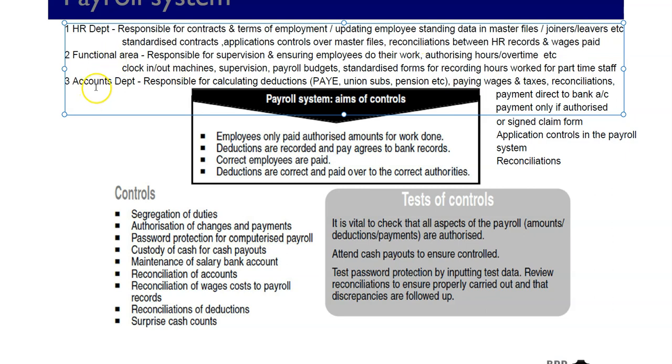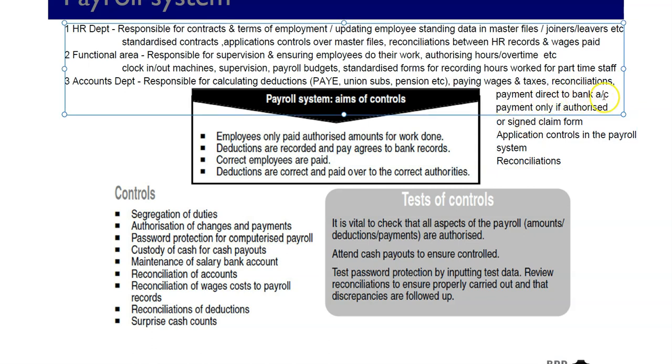And the accounts department then, they're responsible for calculating deductions, paying the wages and taxes, calculating the taxes, any things like pension deductions, union subs, very complicated. And these are some of the controls, application controls on the payroll system, reconciliations done between wages paid and HR records,